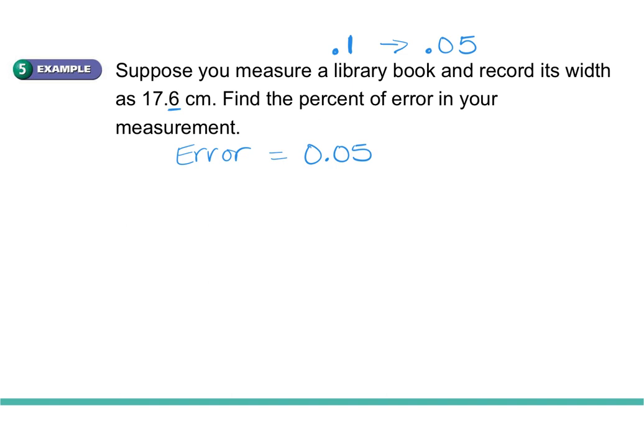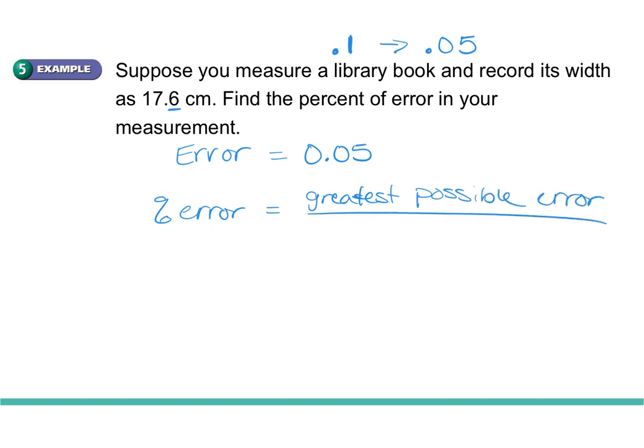Okay. So we need to calculate our greatest, or our percentage of error. So our percent of error is our greatest possible error over our measurement. Well, our greatest possible error is the 0.05. Our measurement is the 17.6. When I calculate that, that would get me